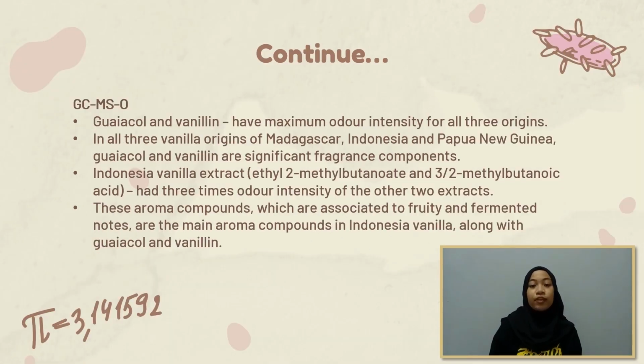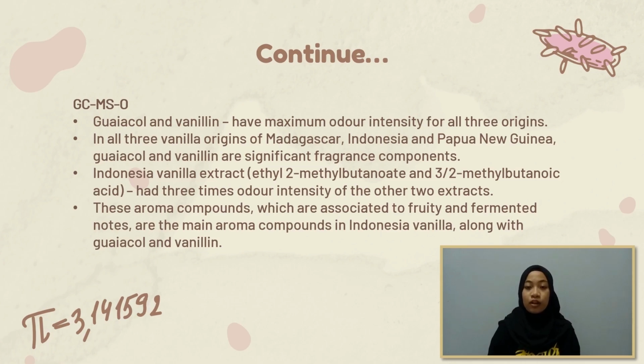Following data analysis of the vanilla extract using GC-MS-O, guaiacol and vanillin were found to have the maximum odor intensity for all three origins. Both aroma compounds are phenolic in nature. In all three vanilla origins of Madagascar, Indonesia, and Papua New Guinea, guaiacol and vanillin are significant fragrance components. The three panelists concluded that the Indonesian vanilla extract, which contains ethyl 2-methylbutanoate and 3-methylbutanoic acid, had 3 times the odor intensity of the other two extracts. These aroma compounds, which are associated with fruity and fermented notes, are the main aroma compounds in Indonesian vanilla,